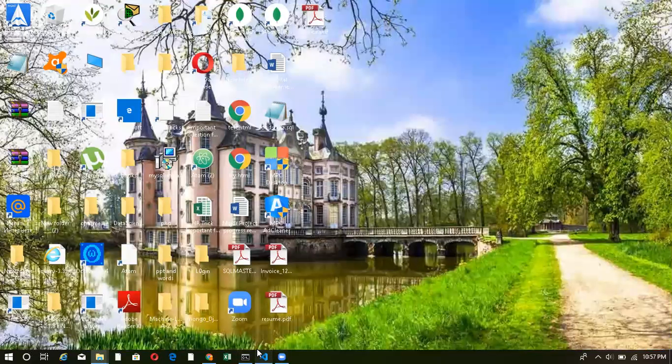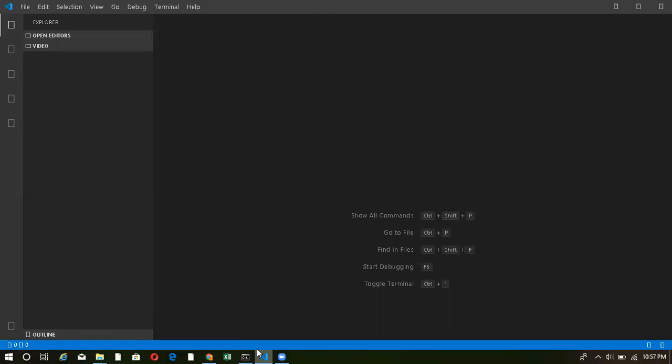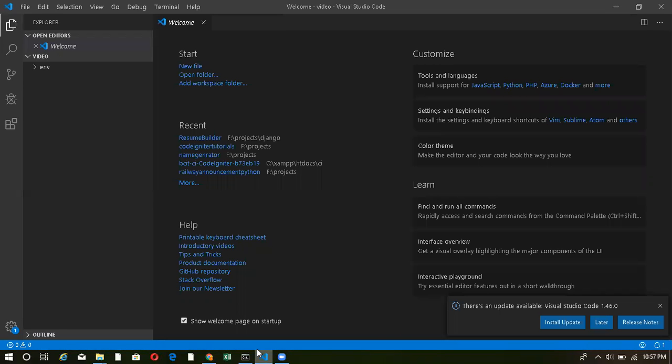Now, what I have to do is open a code editor. You can use any code editor. It's not necessary to use only Visual Studio Code. You can use any code editor of your choice. You can see that inside my directory, there's another directory known as env, and inside that there are some files.